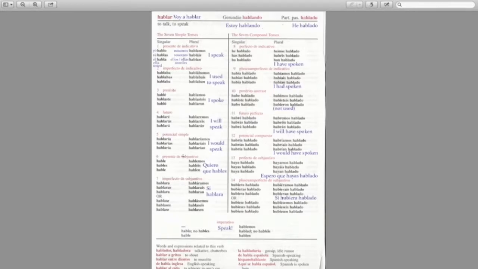Which brings us to the bottom square, 6, 7, 13, and 14. Now, the difference here, you could imagine a little invisible line here. Difference between this bottom part and the top is that the bottom part is what's known as the subjunctive mood, while the top is all in the indicative mood. So you'll see indicative, indicative, whereas this is subjunctive, subjunctive.